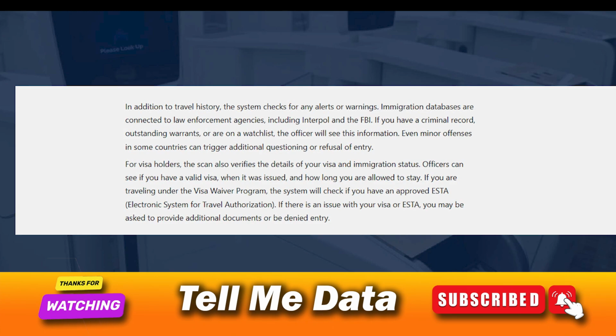For visa holders, the scan also verifies the details of your visa and immigration status. Officers can see if you have a valid visa, when it was issued, and how long you are allowed to stay. If you are traveling under the visa waiver program, the system will check if you have an approved ESTA, electronic system for travel authorization. If there's an issue with your visa or ESTA, you may be asked to provide additional documents or be denied